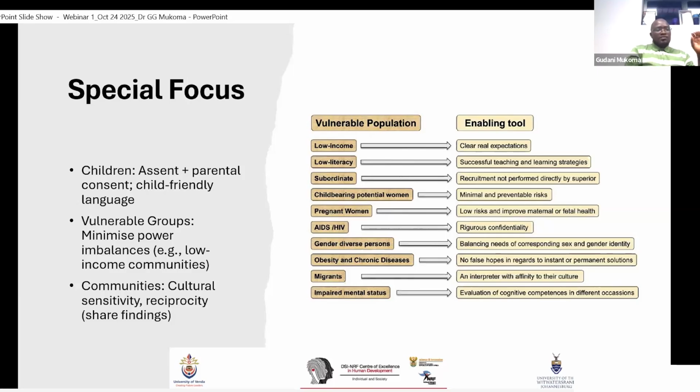This is very important, because there could be issues that would cause specific problems, such as power dynamics. You as a researcher, being an elderly person, might feel that if the child is not behaving the way you want, you might say some harsh things, like, I'm going to spank you. You better behave until you answer all the questions. So you need to understand the power dynamics, and ensure that you safeguard their welfare at all times throughout the